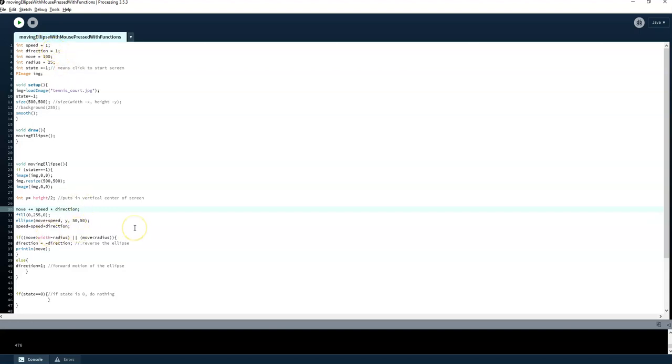So we are moving in a positive value. So movement is equal to speed times direction. So right now 1 times 1. So movement is a positive 1. And that updates every time we go through this moving ellipse function. So that gets updated as it goes. So right now 1 times 1 is move, and then it will update the next time through to be 2, and then 3, and then 4, and then 5, as this increments